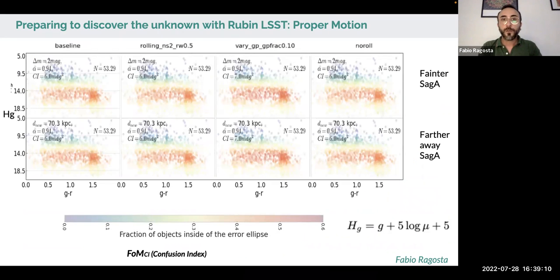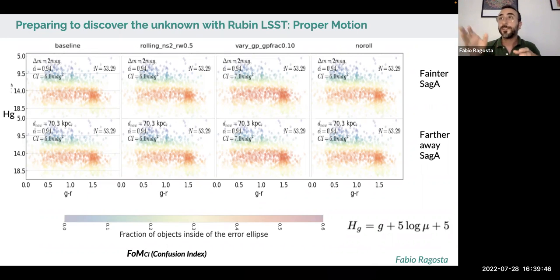Finally, we assess the ability to distinguish between structures with different proper motions, such as streams. We're using Sagittarius A as a toy model and considering two cases. If Sagittarius A's distance were increased, how far could we identify it as a stream, and how much fainter could Sagittarius A be for us to still identify it as a stream? This is what we analyze, and then the uncertainties in the reduced proper motion diagram, and we measure the number of objects in the diagram that fall in the error ellipse of each detected point.